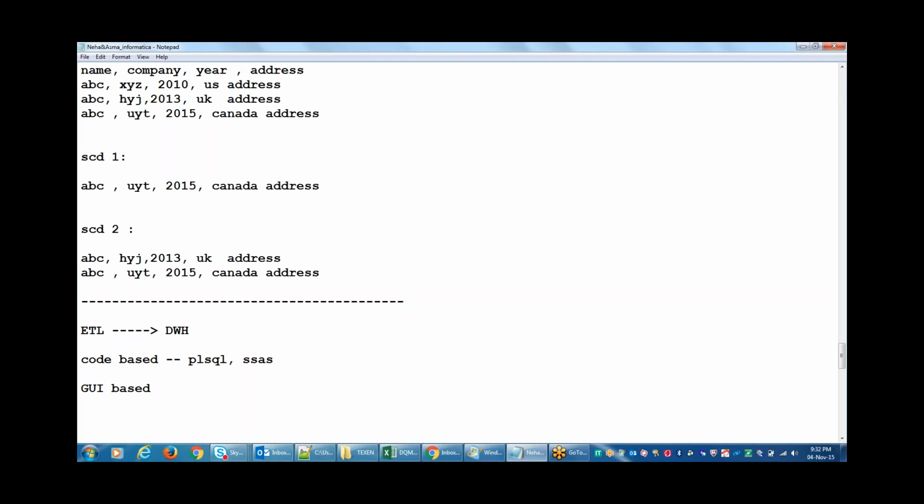GUI-based means graphical user interface. Here there is no need to learn any code, so the developer doesn't need to learn any code. Here we need to understand the functionality and how the objects are used internally. Everything will be inbuilt, ready to use. So for GUI-based ETL tools, examples are Informatica,